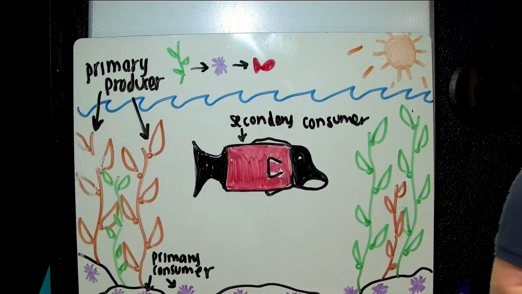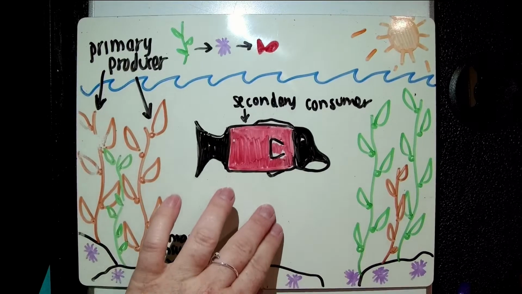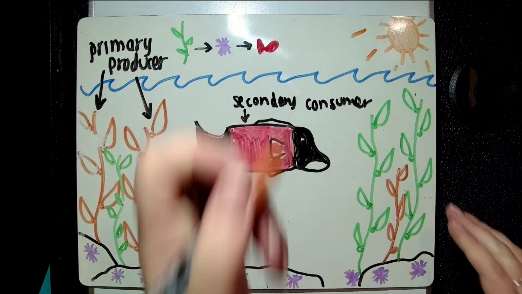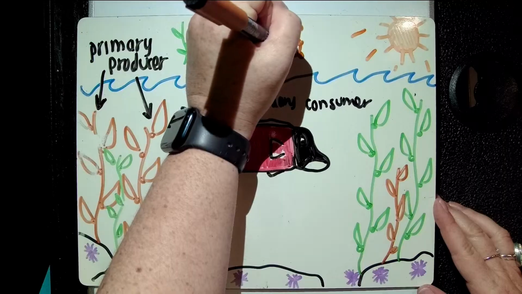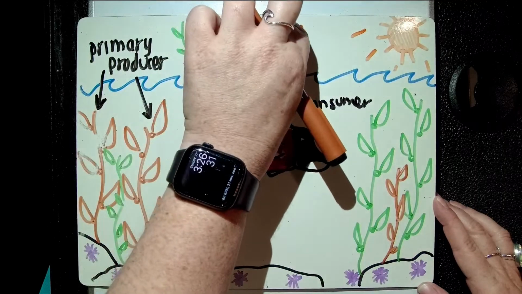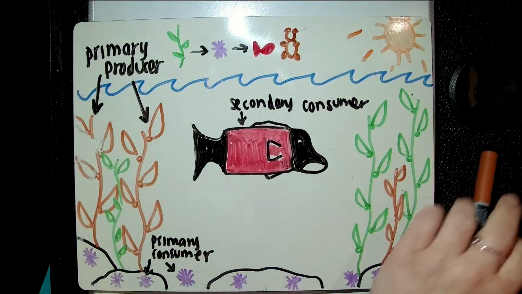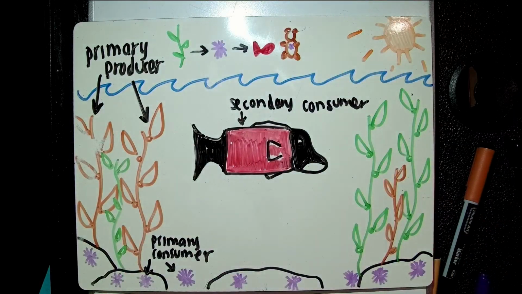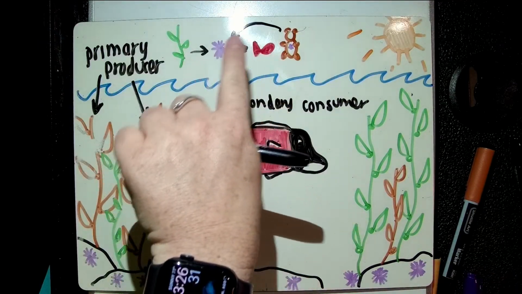Now, I mentioned that there was another animal who eats sea urchins, and that is going to be a sea otter. So sea otters would be another animal who eat sea urchins. So if we added a sea otter up here, it's going to be my sea otter. Not the best drawer, but that represents our sea otter right here, floating in the water. I'm going to draw a little urchin on his belly. This animal also eats this thing. So now we no longer have a straight line. The otter's eating something else.